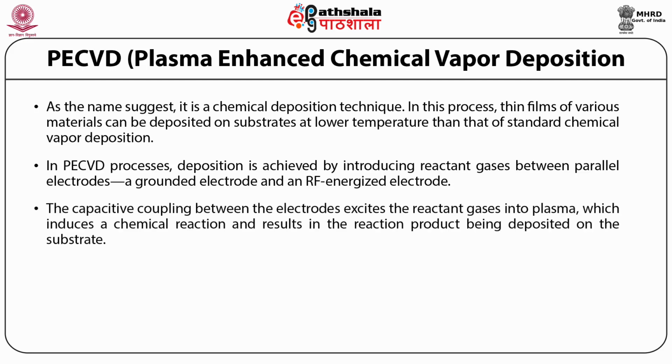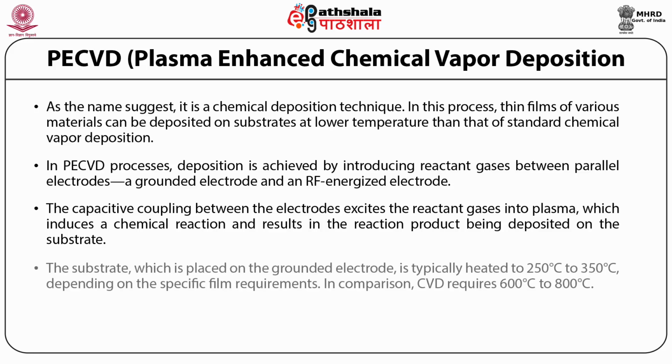The capacitive coupling between the electrodes excites the reactant gases into plasma, which induces a chemical reaction and results in the reaction product being deposited on the substrate. The substrate, which is placed on the grounded electrode, is typically heated to 250 degrees Celsius to 350 degrees Celsius depending on the